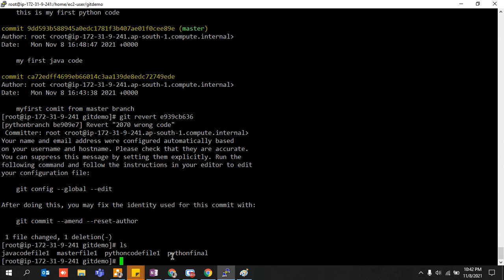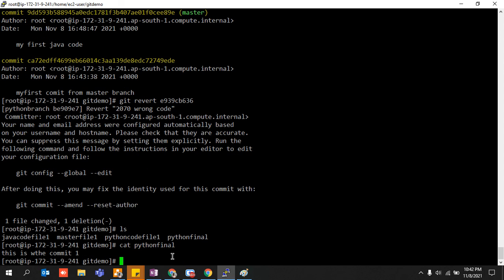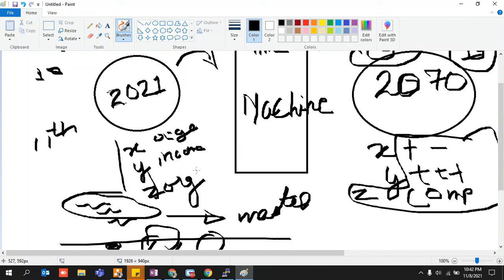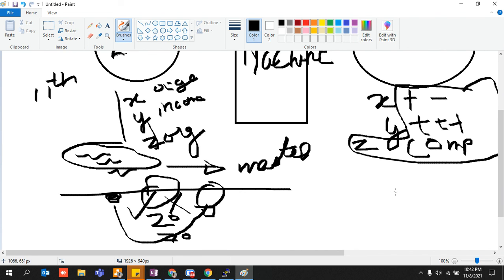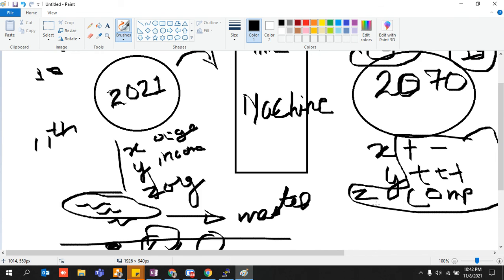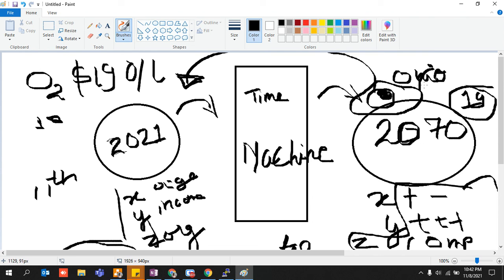And if you do ls over here and open your file python final, I am back to my 2020. This is the commit. This is what I wrote, right? And after that, I did another commit. Like I told you guys in my example. First, I did this particular commit. I said that this is wrong code. Then I again committed something, as a result of which something bad was going to happen, because this is also another commit and it came with the commit ID 19.